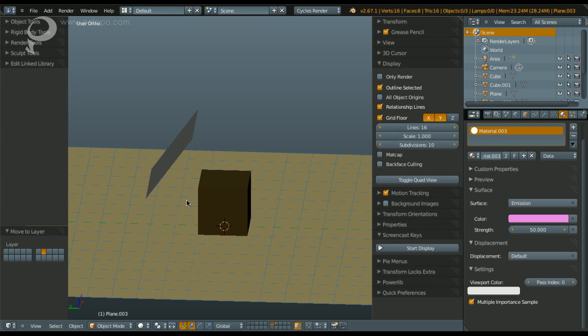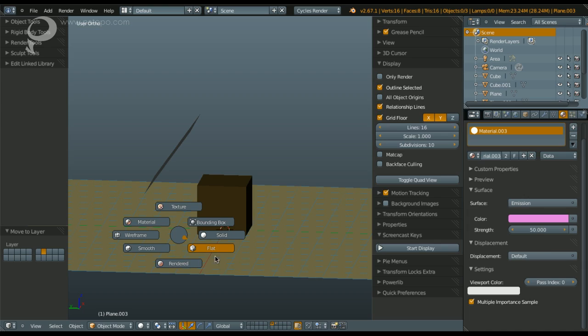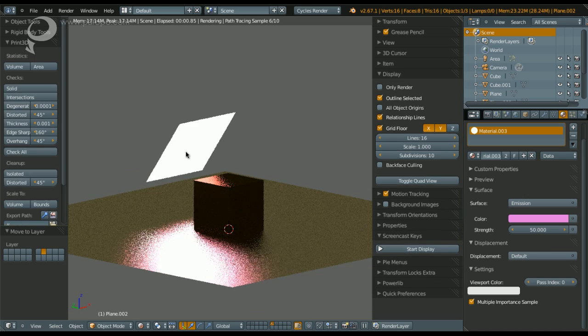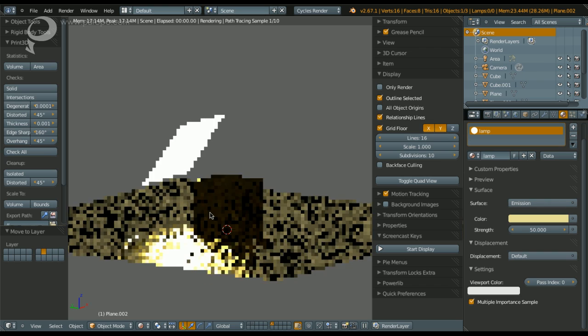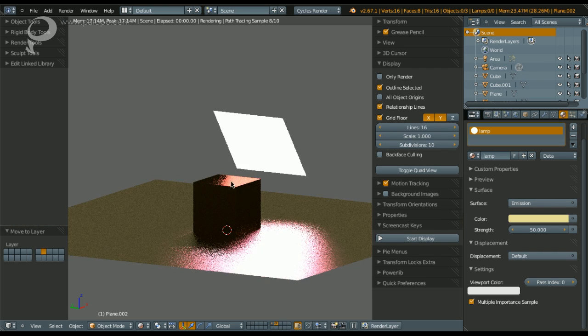So when I put it in Cycles, okay, wait a minute, it should be using a different lamp. Okay, sorry, it should be another lamp. Put the yellowish. Okay, now you have a yellowish,